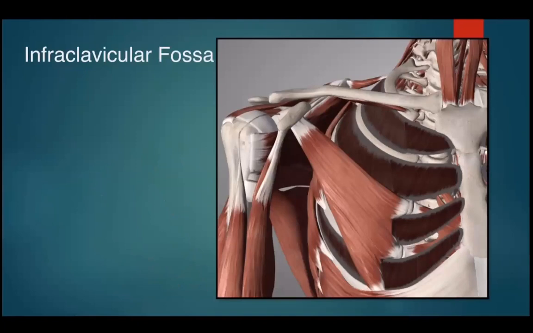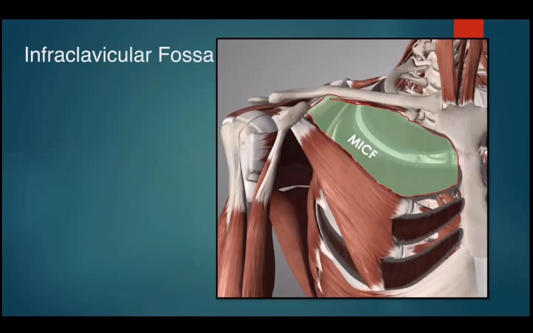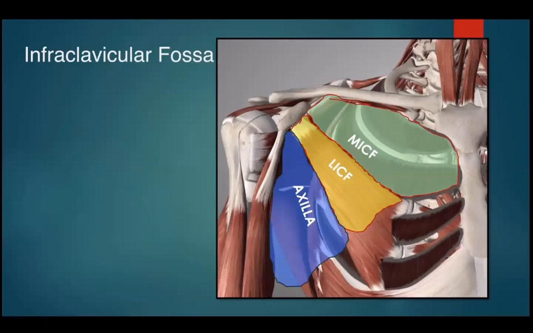Now we shall come to the topic. The infraclavicular brachial plexus block is performed at the infraclavicular fossa. The infraclavicular fossa is divided into the medial infraclavicular fossa, which lies from the lateral part of the first rib to the medial part of the pectoralis minor. From the medial part of the pectoralis minor to the lateral part of the pectoralis minor, the area behind or below it is called the lateral infraclavicular fossa. From the lateral part of the pectoralis minor, it is the axilla. The costoclavicular space is the space that lies between the clavicle and the first and second rib. This is the area through which the nerves and the vessels come out.